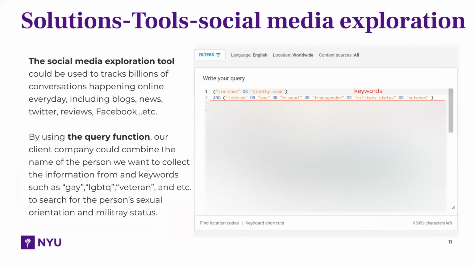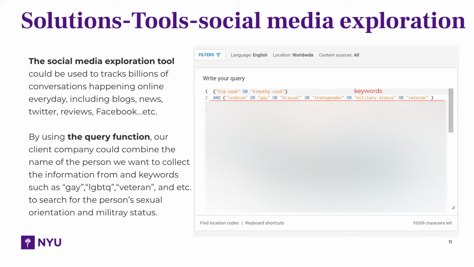Next, I will use Tim Cook as an example to illustrate how to collect data from social media using our tool. And this method could also be applied when the list of board members changes, so that our client company must update the information of those newly added people. By using the query function, our client company could collect and save real-time data that mentions Tim Cook and keywords for the past 2 years. Pornographic content should be removed since Keyword Gate generates tons of pornographic posts.